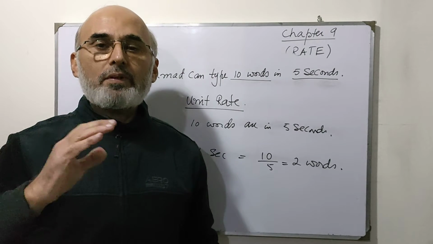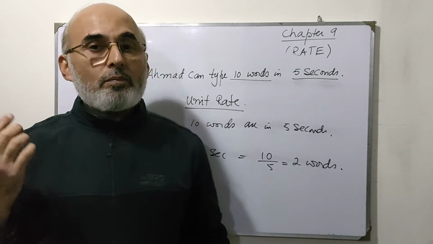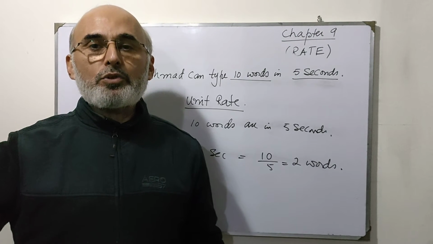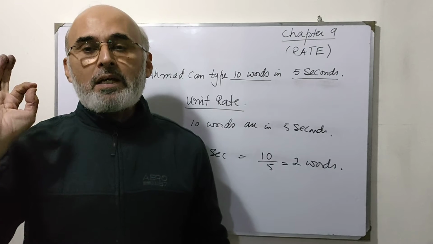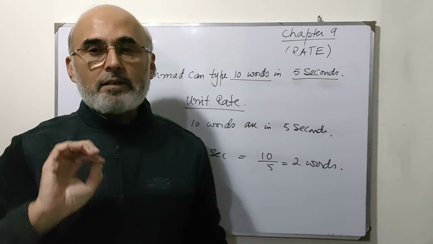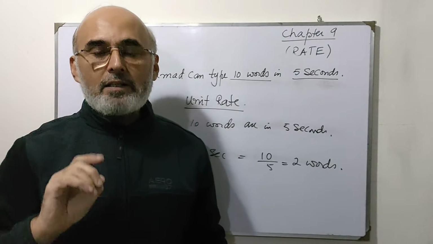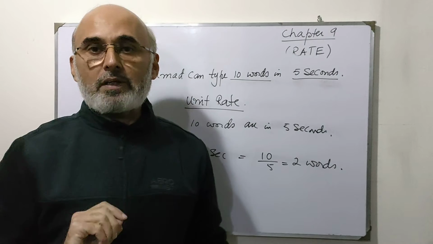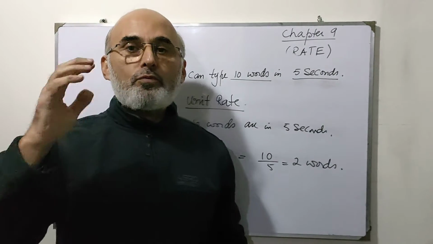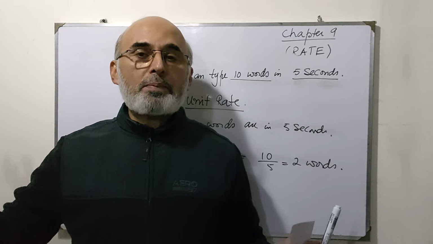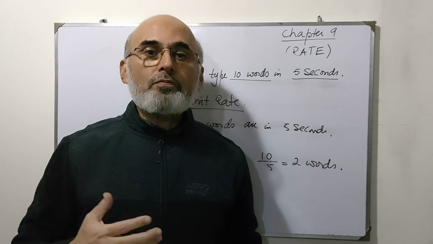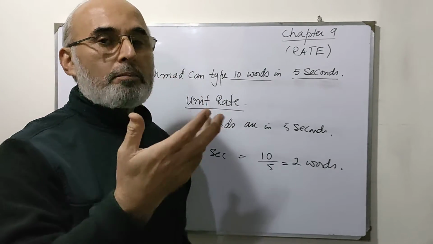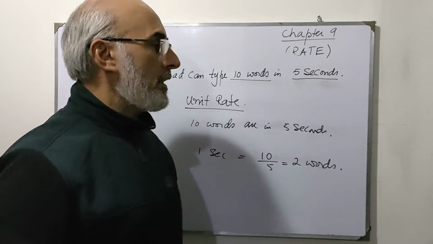So there is always some rate for a certain unit, which is 1. Like for petrol, 1 liter. For apples, 1 kg, right? Maybe for oranges, 1 dozen. So there is always 1 involved. For that 1, we will compare the other quantity so we can understand the rate. Let's do some more small examples to understand the rate in a better way.